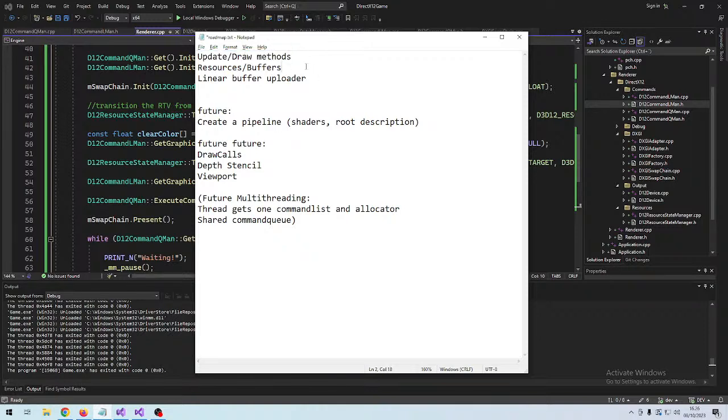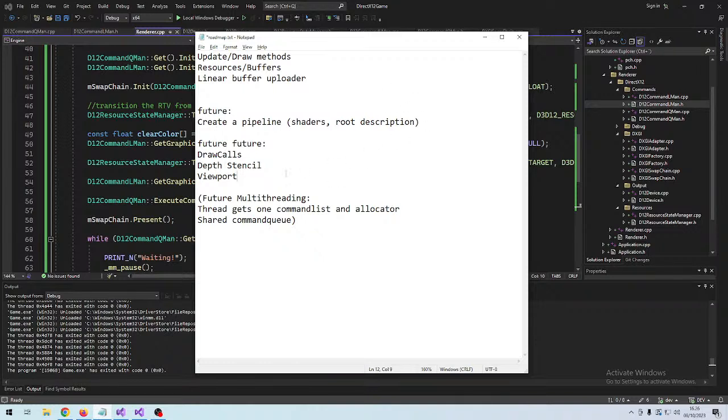And I've decided that depth stencil and viewport stuff will be implemented later when we actually have something to show